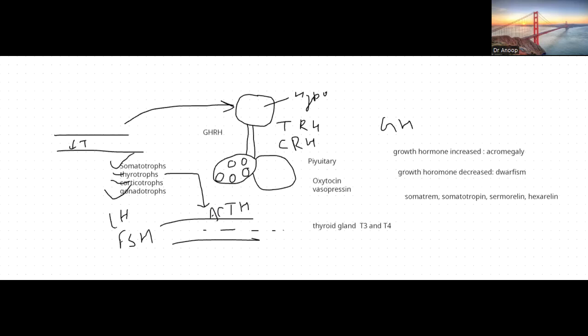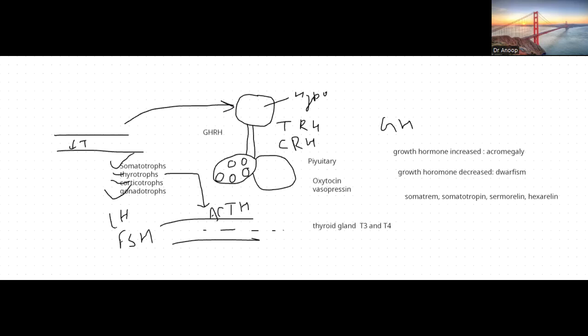You have to remember a few of them, in case a question is asked about the treatments when growth hormone level is decreased. These are the drugs: somatotropin, sermorelin, hexarelin, and these are all recombinant growth hormone analogs, right? Another condition is acromegaly, when growth hormone level is much more increased. In that condition you need growth hormone antagonists, right? The growth hormone antagonist drugs are